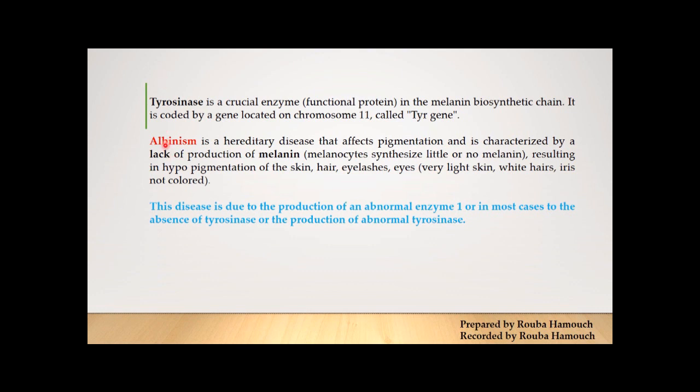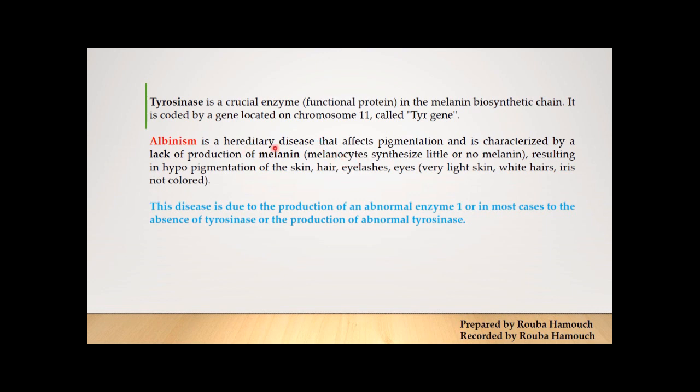Now, the concerned disease, albinism. What is albinism? Albinism is known as a hereditary disease, a disease caused by an abnormality in the gene expression. This disease affects pigmentation, meaning skin color, eye color, hair color, and it is characterized by a lack of production of melanin. So the cause of albinism is the absence of melanin, which means that the melanocytes that normally synthesize